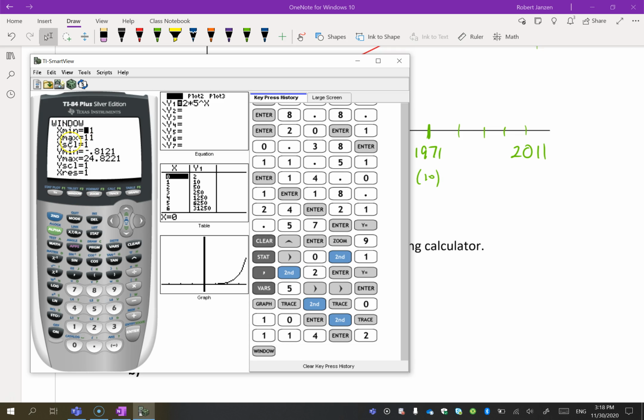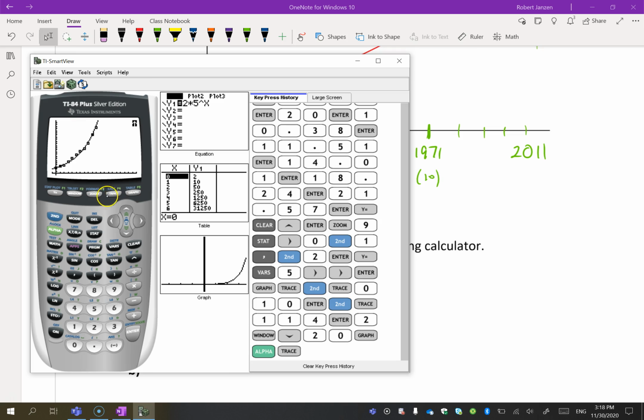Can you see that the biggest x value we have there is 11? So I'm going to change that. I don't need to go to 20, I could just go to 15, but I'm just going to change it to 20. Okay, so now let's graph it. And now we should be able to